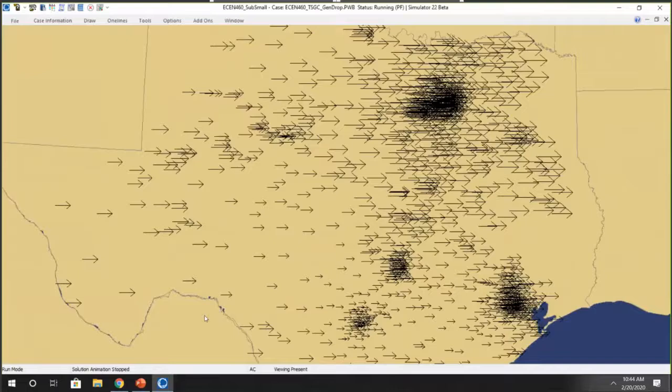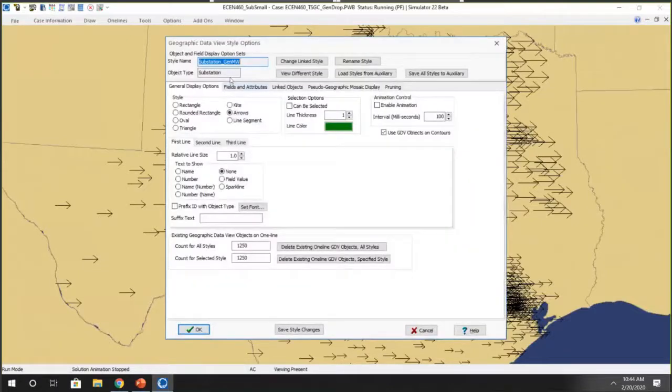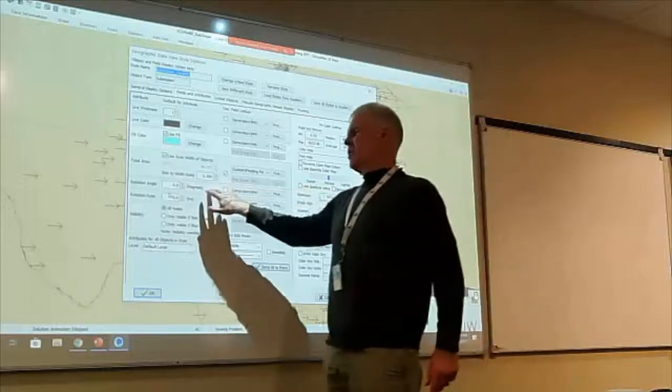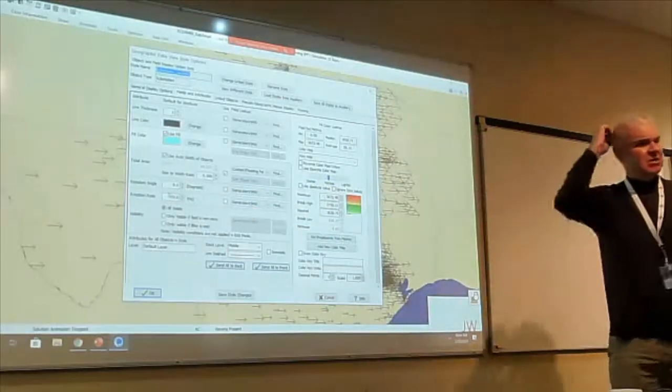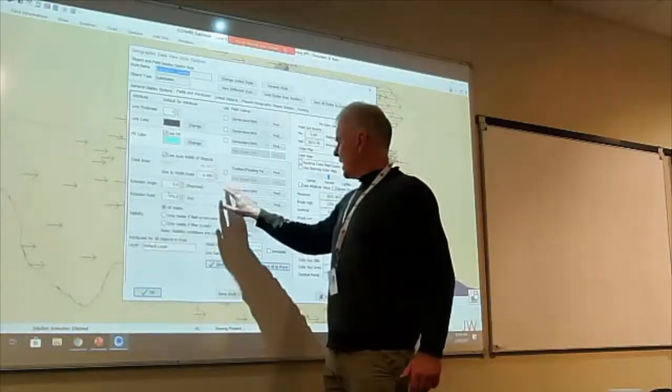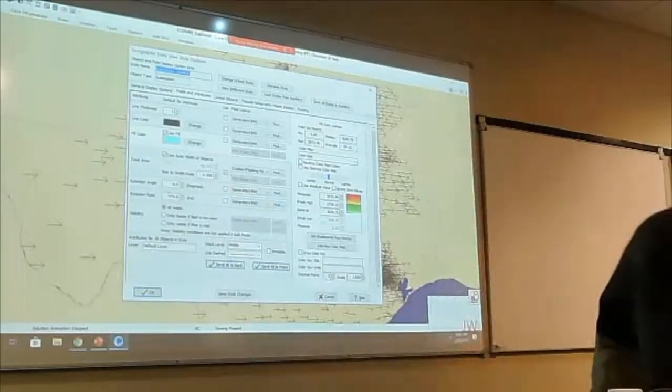You create it once. I look at those arrows and I think, that's showing the magnitude, but I also want to show the angle. So what we do is right-click on one of the arrows, View Geographic Data View Options, and we're going to customize it so if I go to Fields and Attributes, the rotation angle, which is right here, that can be dynamically changed as well. So click on Rotation Angle, check this box here,